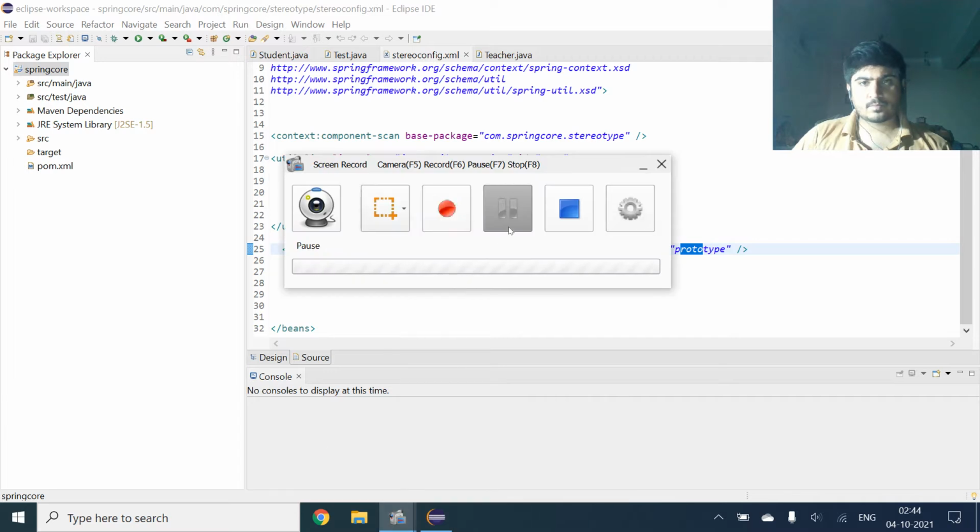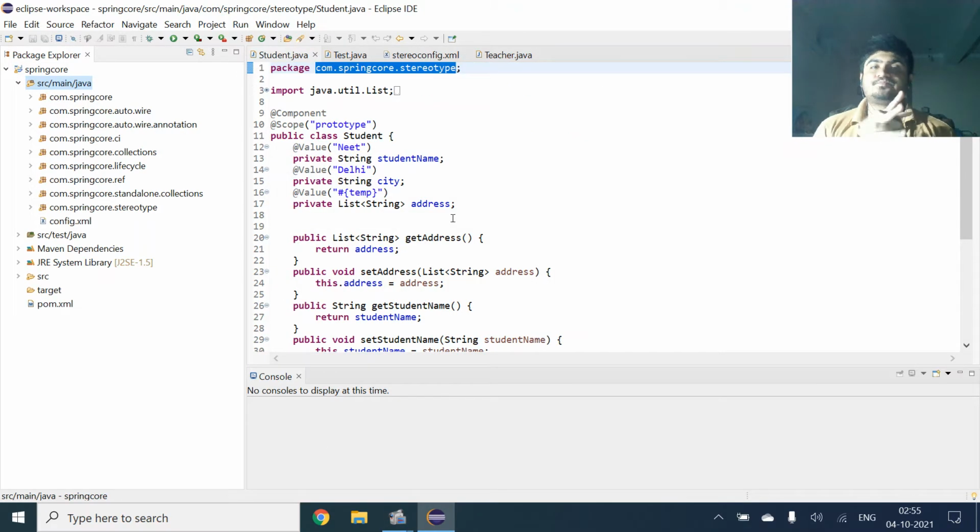Basically, till now we have src/main/java, and in this we have created so many packages: com.springcore, com.springcore.autowire, com.springcore.autowire.annotation. So now we will see what Spring Expression Language is.